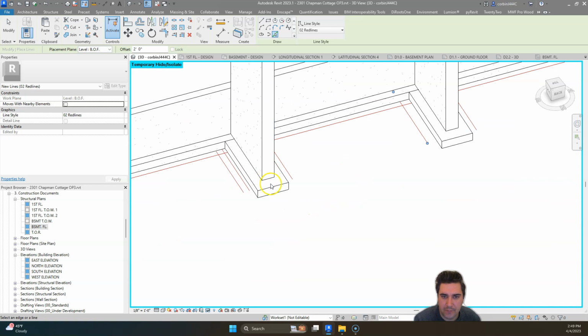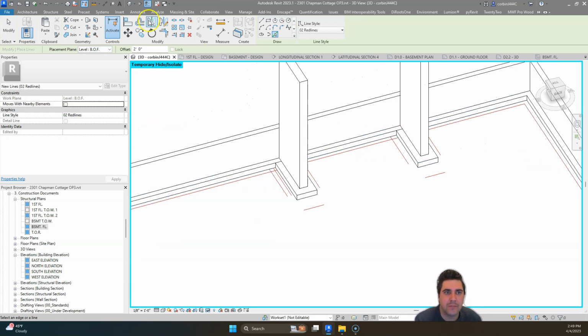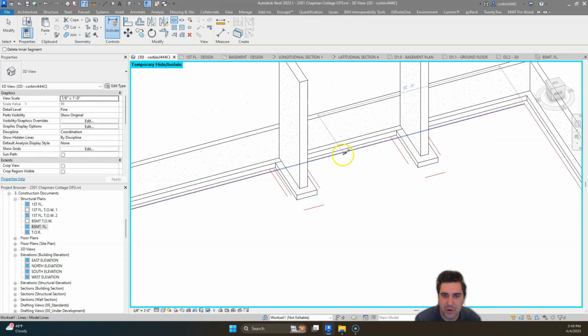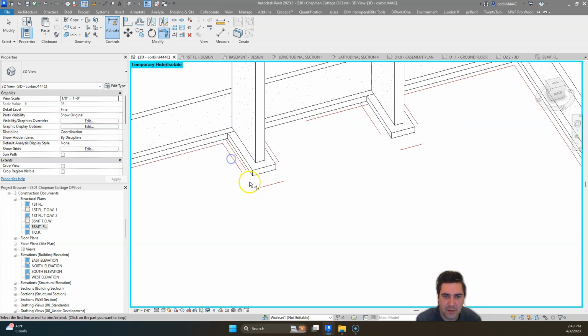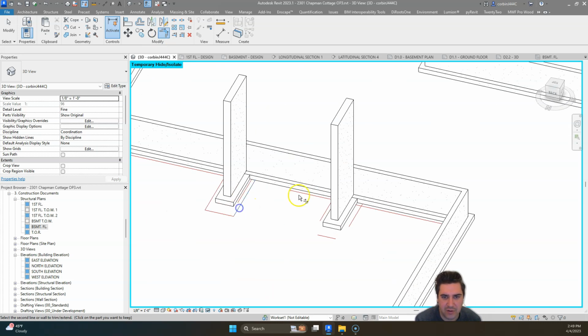And we'll just go off of here, and I'm just going to use the break line and just break this line here, so we have some pieces, and just finish this connection of this red line,